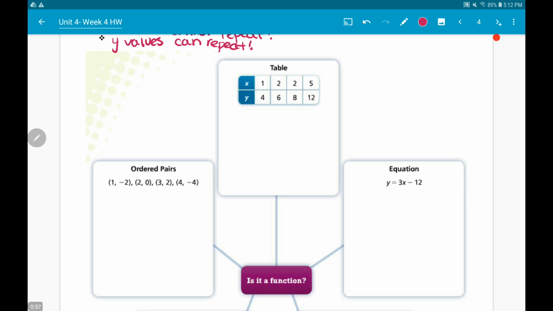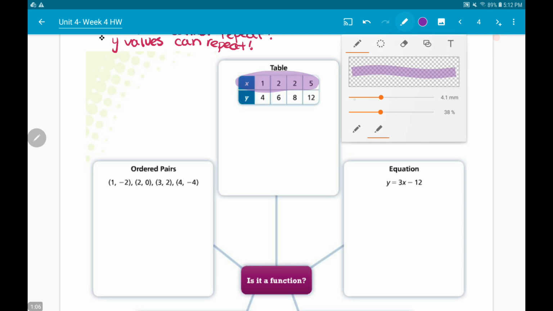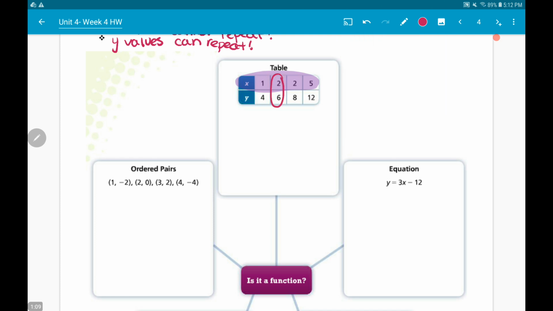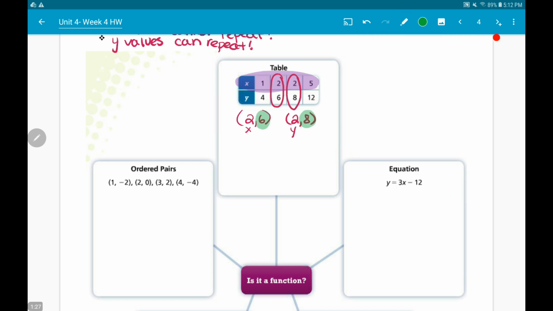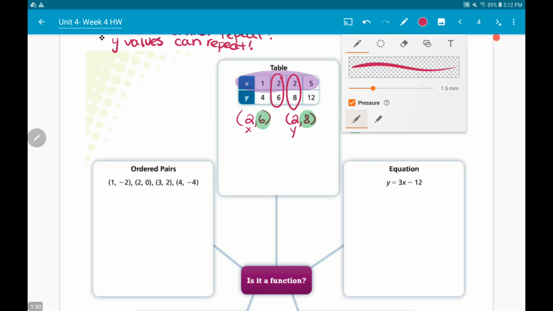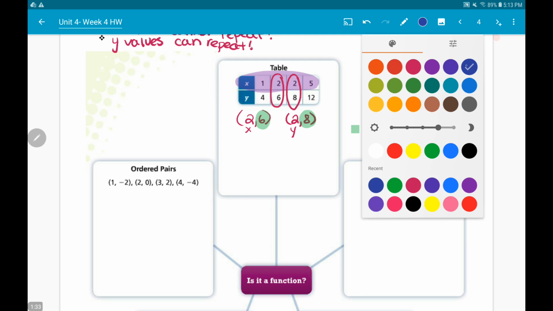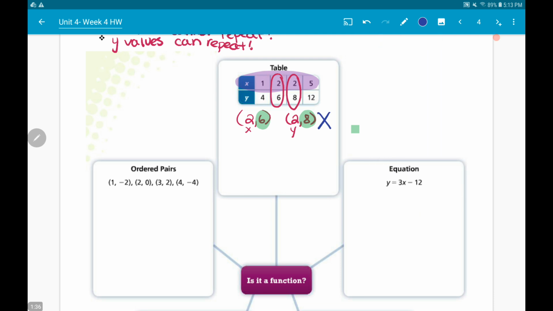All right, so let's start with these first three. So I see a table. The first thing I'm going to scan is my x values, and I want to see, do my x values repeat? So if I look here, I see 2, 6, and then I see 2, 8. So that means the x values do repeat because I have 2, 6 and 2, 8, and they both have an x value of 2. Then I look at my y values in those coordinates. Are they the same or are they different? If they're the same, that's okay. If they're different, this is not good. So I see two different things. That means it's sharing. So it is not a function